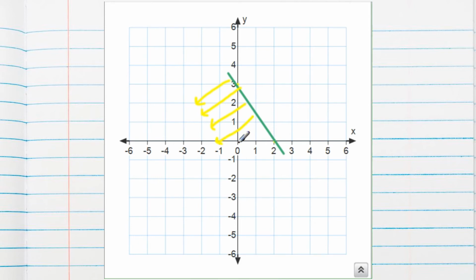So any point in this particular region and any point on the line also. Because this is a slack inequality, less than or equal to. So any point in this area and on the line will definitely satisfy the inequation. So this is your solution set of the given inequation.